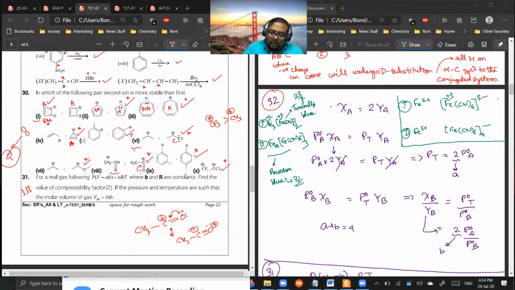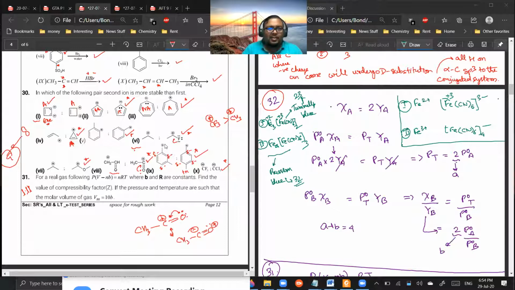See, CH3 will exert a plus H effect. If from this position it is exerting a plus H effect, it will create delta minus at the ortho and para positions. If delta minus is here, it will stabilize a positive charge. This will create delta minus here and here. It will not create it at the meta position, so it will not be able to stabilize the carbocation through the plus H effect. Are you getting my point? Yes, no? So this 30th is clear to you?